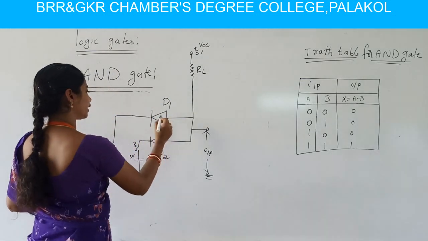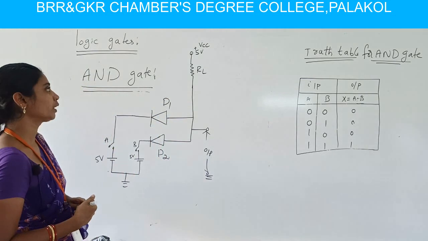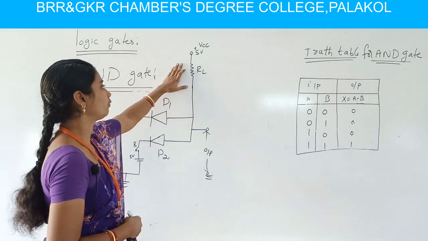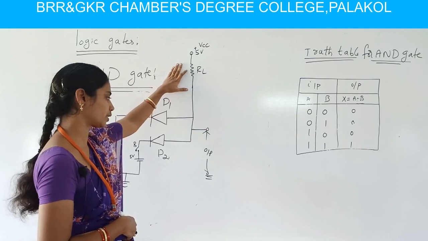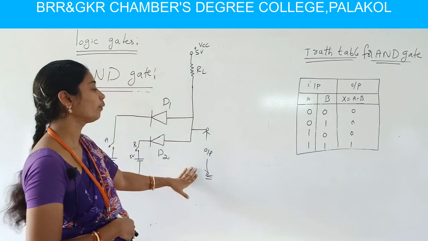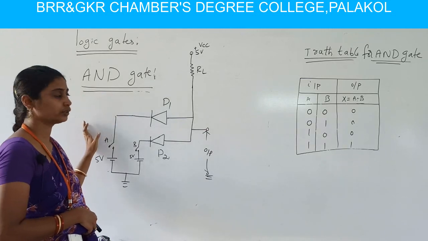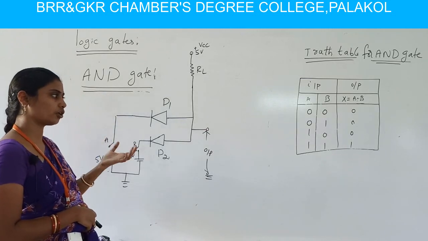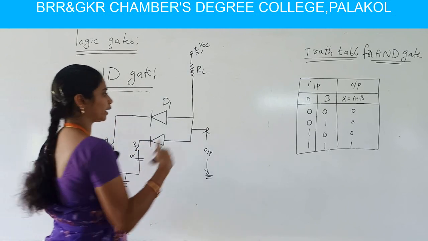So the anodes are connected in parallel, so automatically the diodes are in a parallel state. And with the help of load resistor RL, the 5 volts battery supply VCC is connected here in the circuit and the output is collected across. So in the AND gate, we have already explained with the help of the switches diagram. Here 0 0 means diode D1 and diode D2. For explaining this case 1,